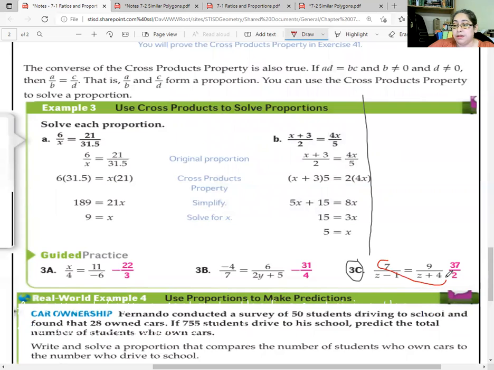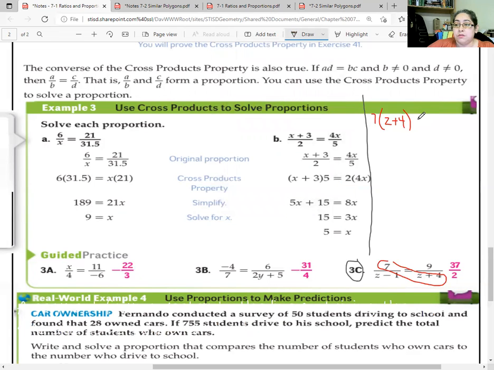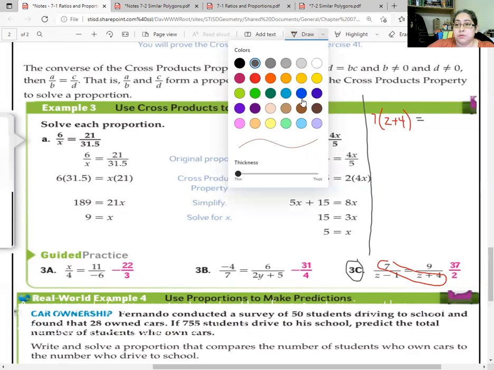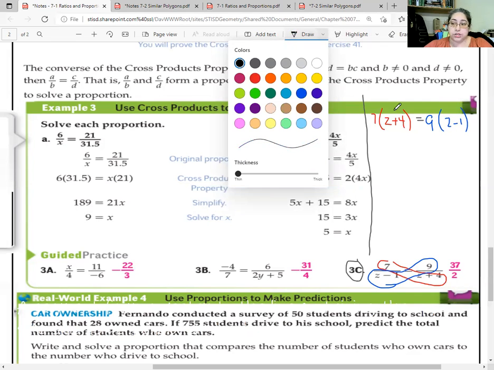So I'm going to multiply the extremes together. That is 7 times z plus 4. And that equals the means multiplied together. So that's these. That is 9 times z minus 1. All right, and now I get to